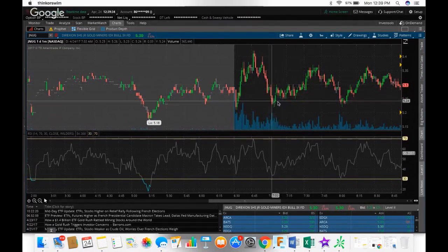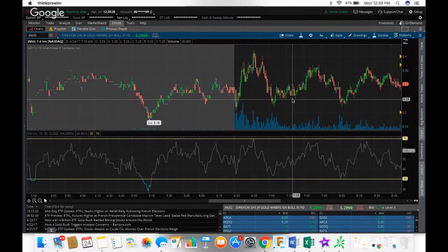It continued to rise, and every 5 cents that it went up, I put my stop loss right below it, so at 5.249. And then when it went above 530, I put my stop loss at 5.29 to lock in my profit. Again, it's all about staying in the green. And then once it got to 535,